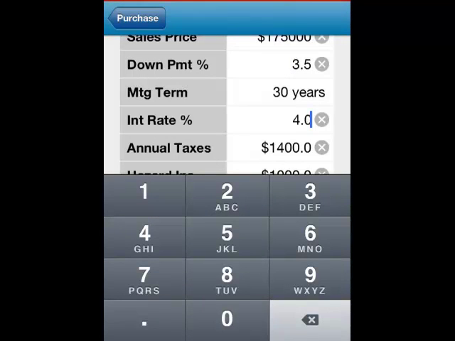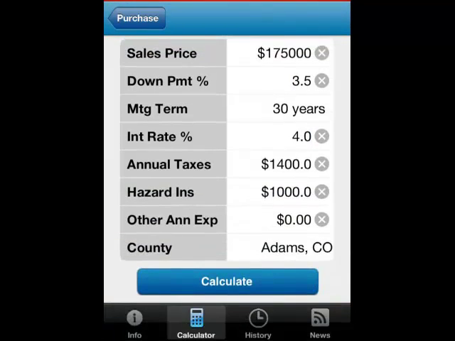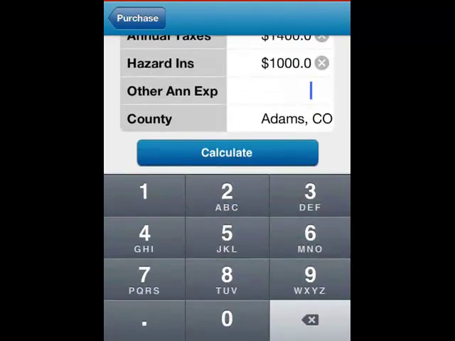It'll automatically populate a basic interest rate in there, but as rates go up and down, this is not like a real-time rate quote, so you'll just want to put in maybe yesterday's interest rates from the whiteboard is always a good option. Annual taxes,